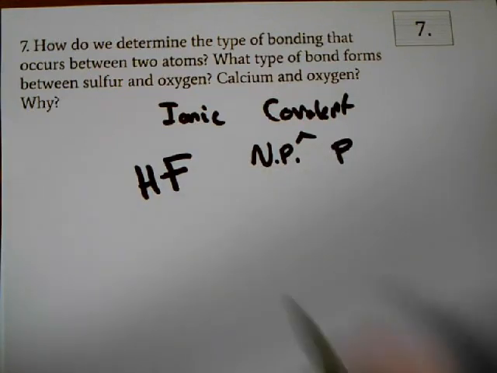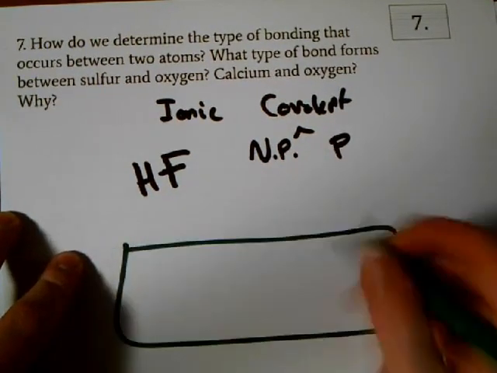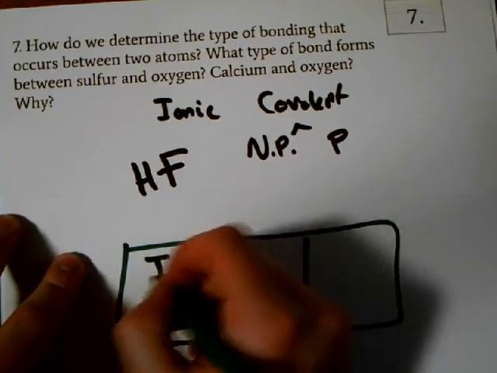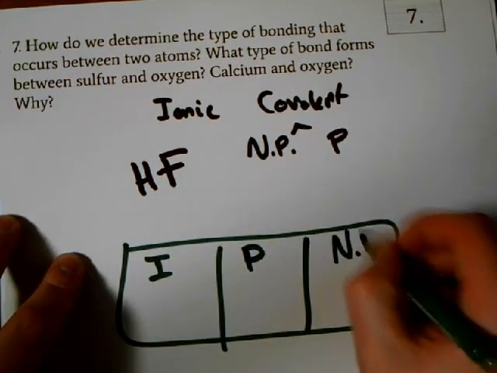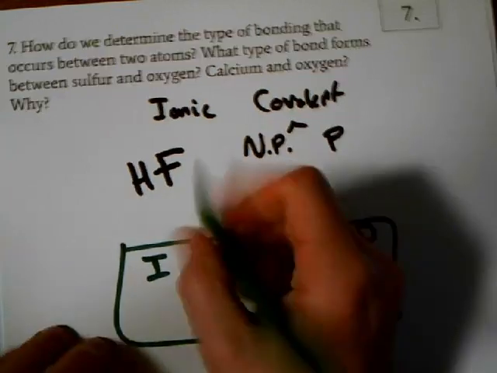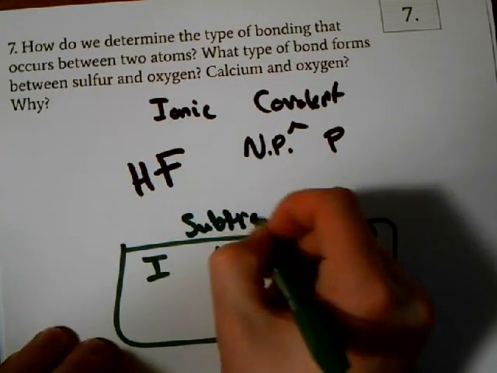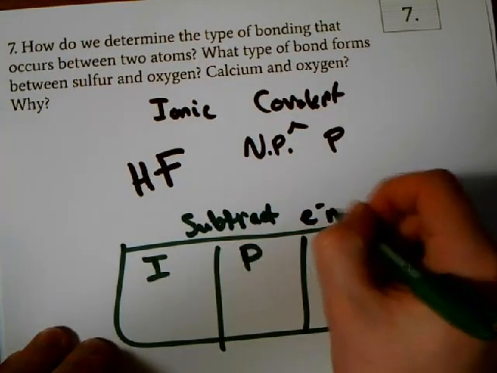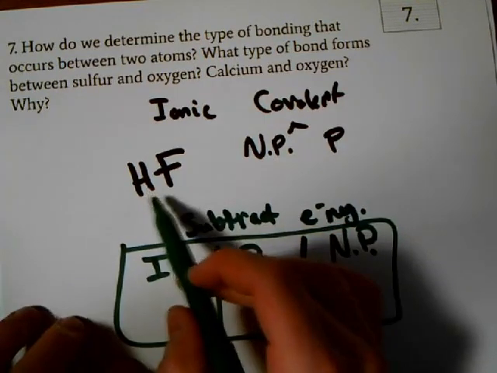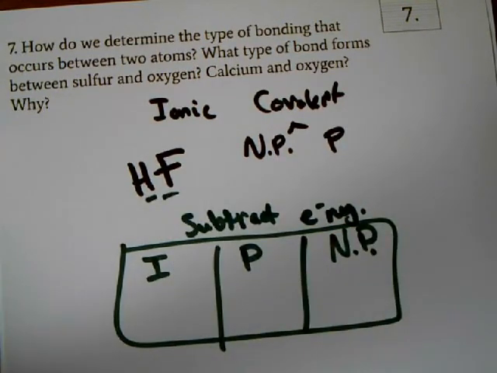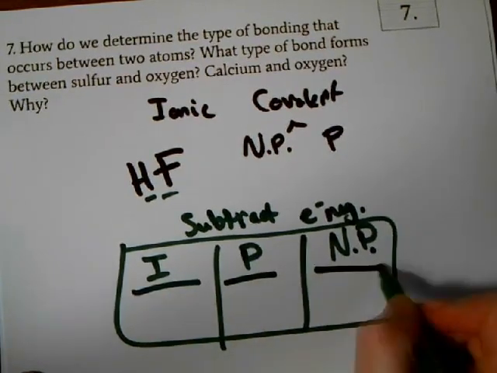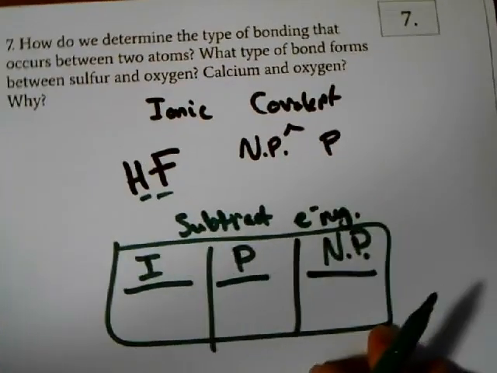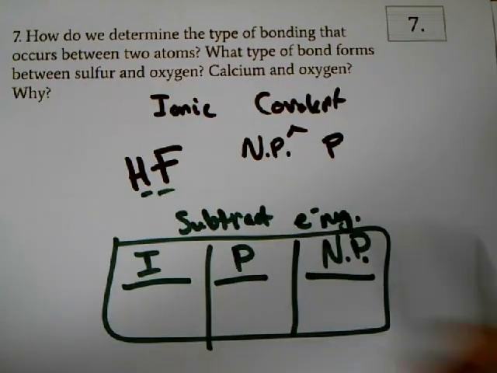So what we do is we have to make a little bit of a chart where we have ionics, we have polars, and we have nonpolar. What we're going to have to do is we're going to have to subtract the electronegativity of each of the atoms here. One's hydrogen, one's fluorine. Once we subtract the electronegativities, wherever they line up is going to determine, is it ionic, polar, or nonpolar? Because that tells me who's going to be pulling more than the other, or the term, or the property of